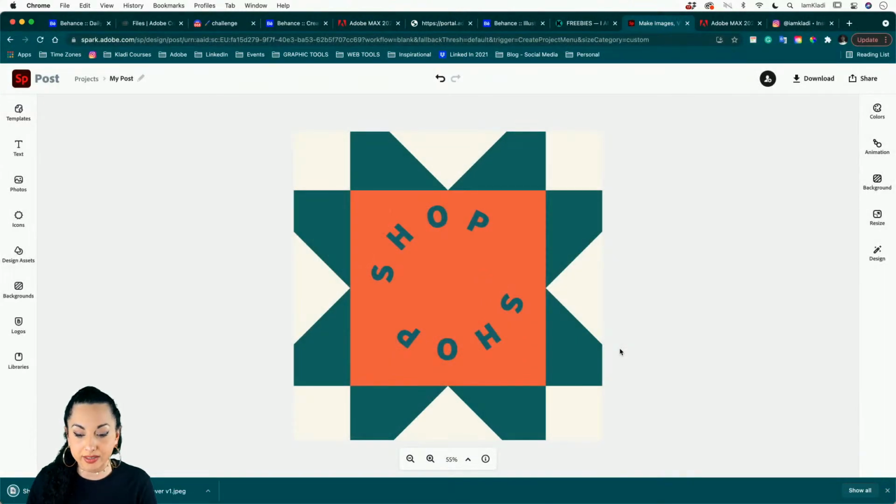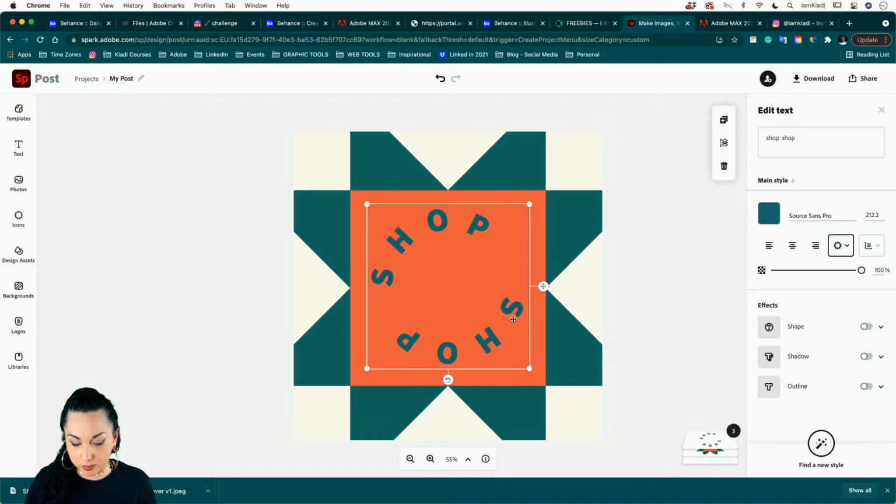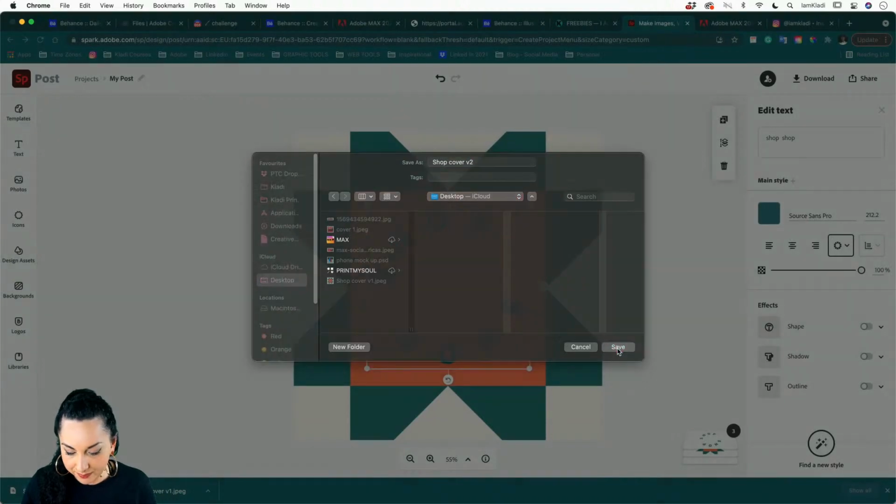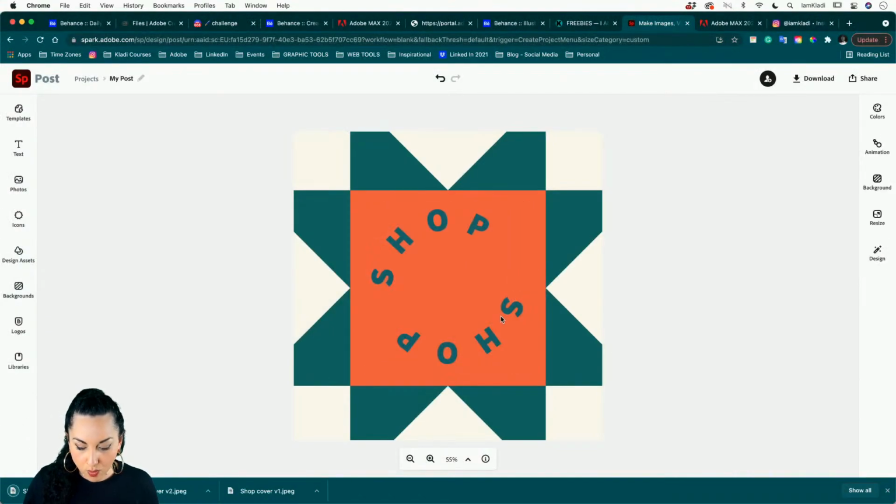So what I'll do, I'll then go back inside my Instagram, and perhaps it's good to center the text as well. And as you can see, you can do that thanks to these lovely alignment tools that we have, pretty much like smart guides. So I'm going to go ahead and overwrite this shop cover number 2. Here it is. So we have one with the text centered,